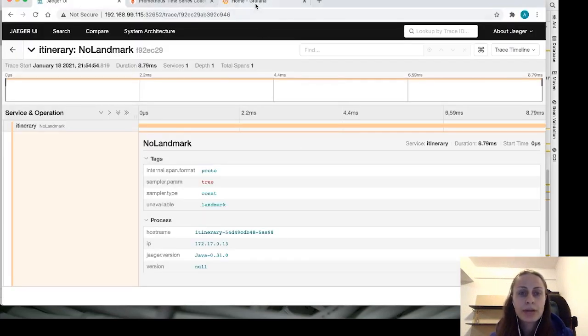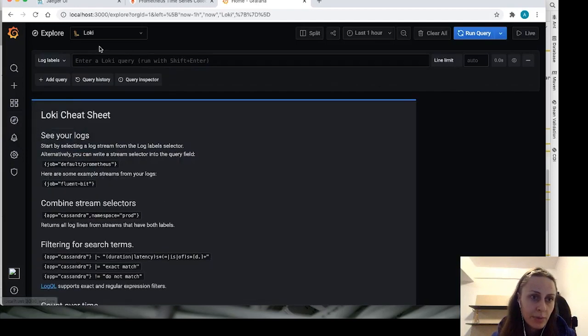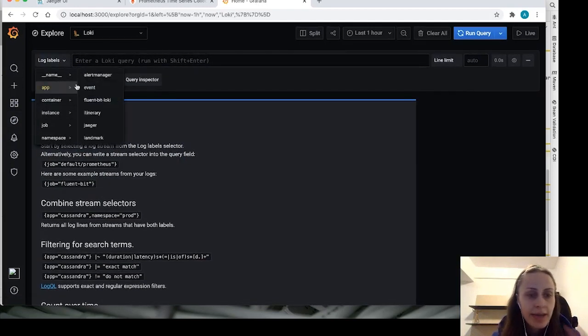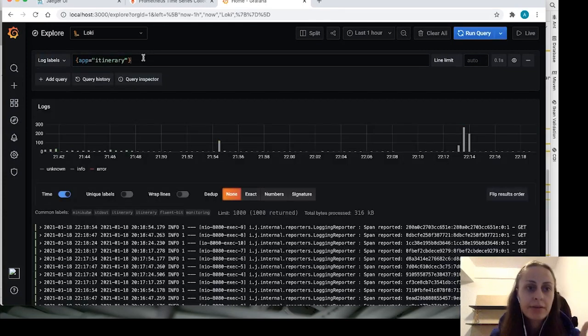So what I'll do, I'll go to Grafana, to Loki, and I'm going to go to Explore, and Loki is going to go here in App. So I'm going to select App. This is my app here, itinerary. Cool. Now Grafana is really working really nice, and I'm just going to do this quick thingy, and I'm just going to say, just get me the errors